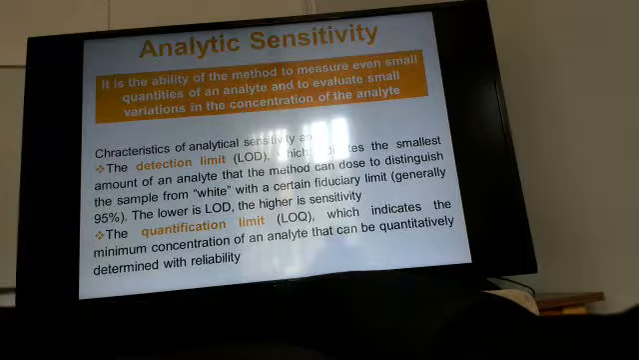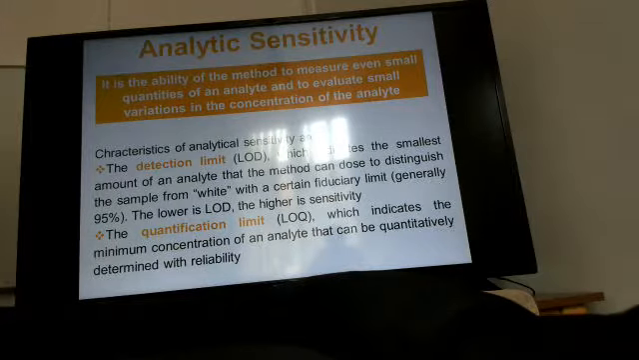I skip some slides that repeat again what is accuracy, inaccuracy, precision, imprecision. The concepts are still the same. If you want, I can repeat, but I think that you are tired. Okay, so